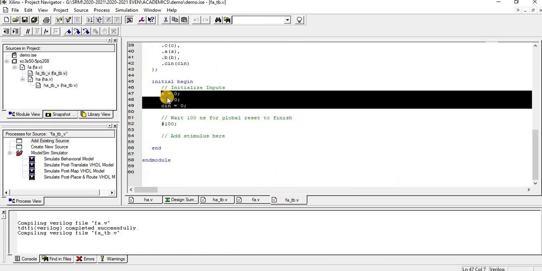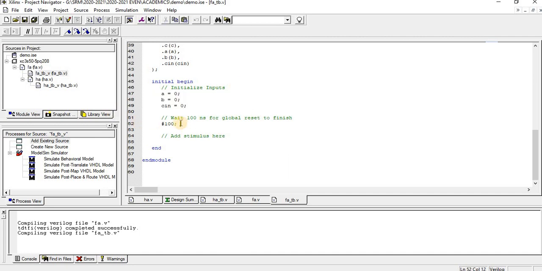Here we have one condition: A is equal to 0, B is equal to 0, and C is equal to 0. Now we should write the other cases.